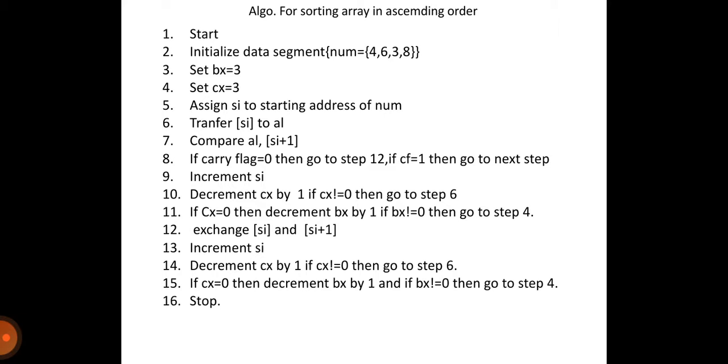You can see step number 4 is the inner loop, and from step number 3 the outer loop gets started. After total execution of the inner loop, we have to decrement BX by 1, and if BX is not 0, then again fully execute the inner loop for the next iteration of the outer loop. So by observation, you can get